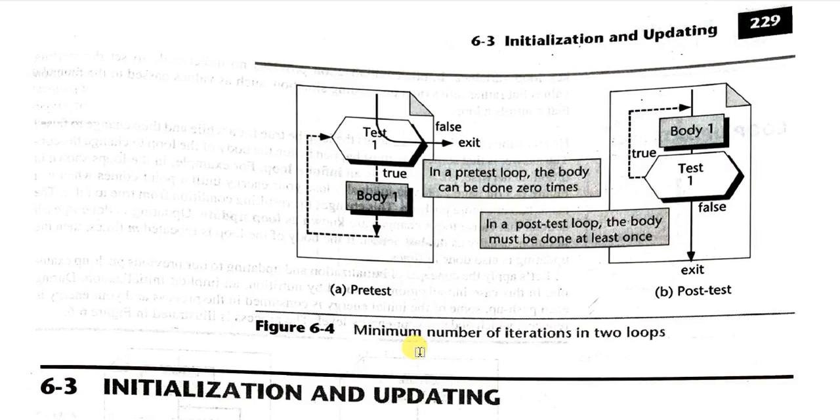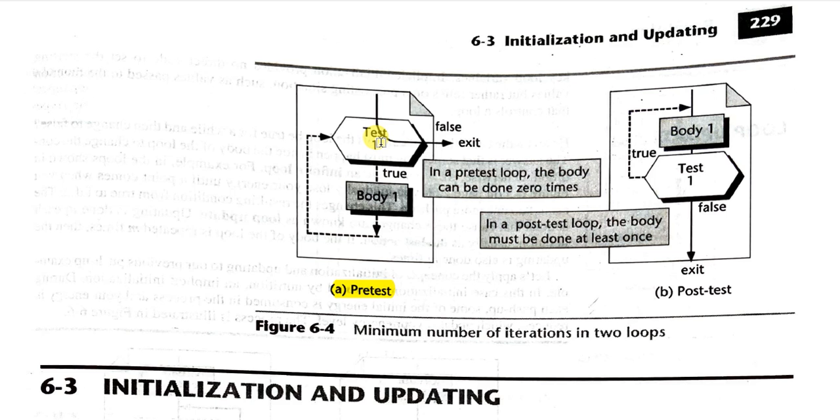Okay, so if we see the minimum number of iterations in these two pre-test and post-test loops, you can clearly observe from the diagram. In case of the pre-test loop, we enter the testing condition, and in case the testing condition or that expression is false, then we exit the loop. Simple case, you test the expression. In case the testing expression, the condition, becomes false, then you exit the loop. So you are not allowed to enter the body of the loop even once in case the testing